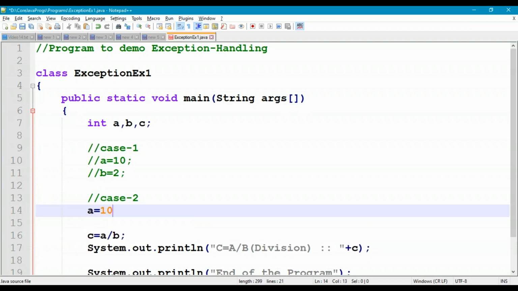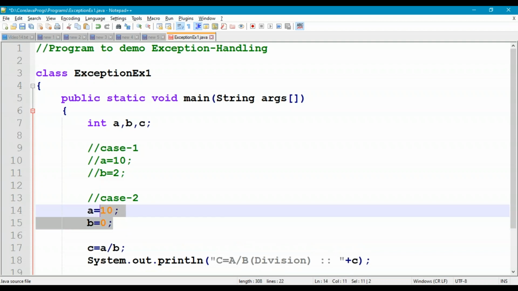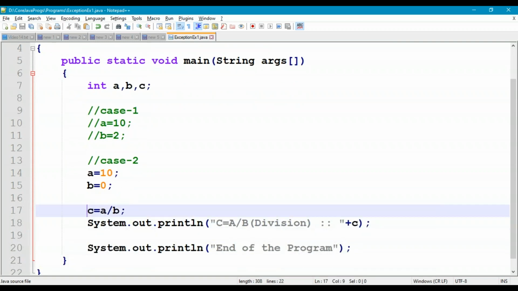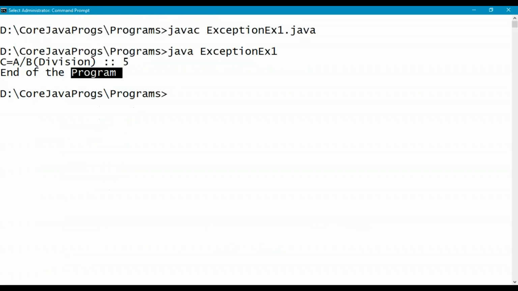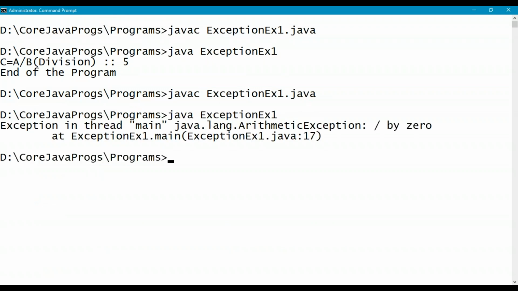By mistake, a is equal to 10, by mistake b is equal to 0. Now let us see what happens. In line 17 we should get the problem and abnormal termination. So recompile and run. We got a problem at line 17 in the ExceptionExample1.java program, in the main method of the ExceptionExample1 class.